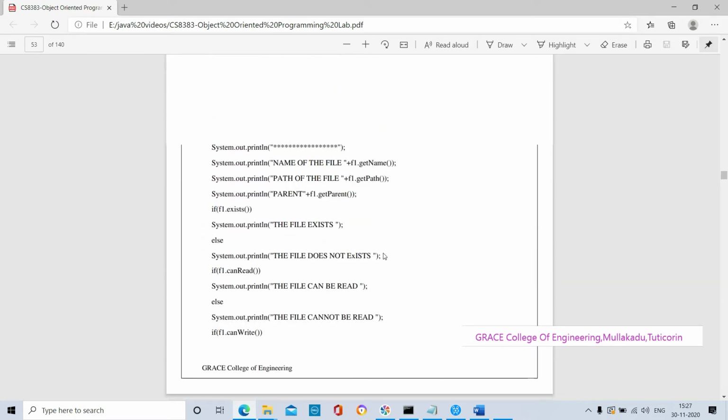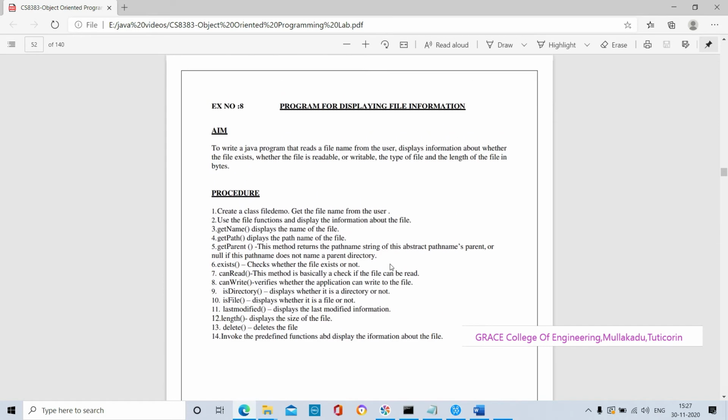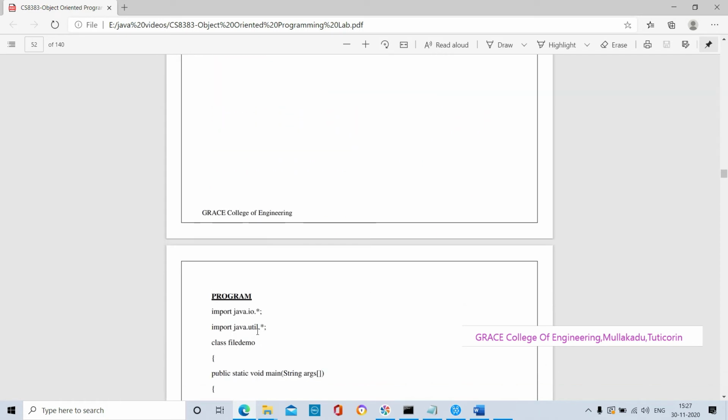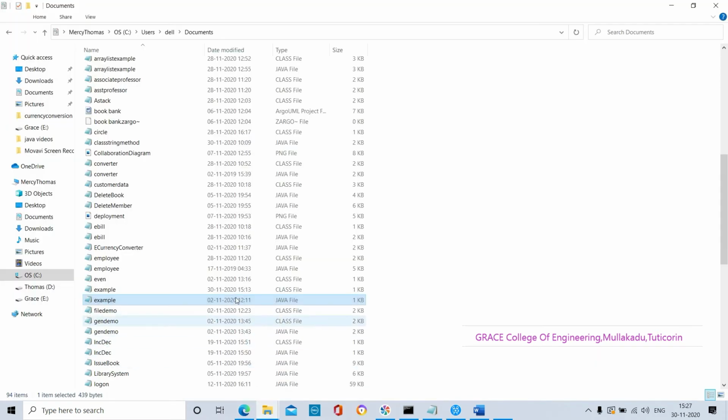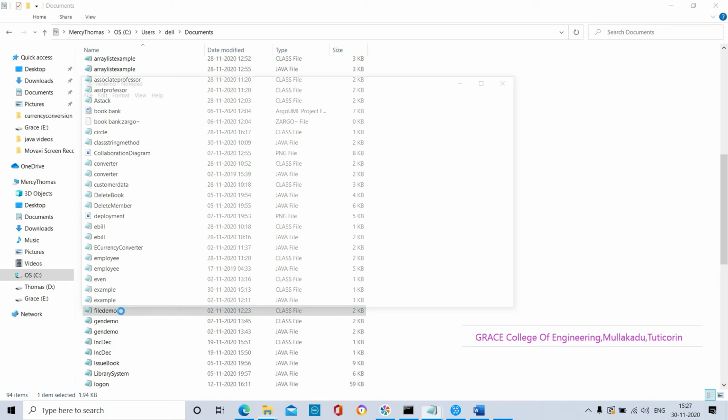A Java program should be written in Notepad or any text editor. I already wrote this application program in Notepad and saved it. This application program name is FileDemo. I am opening the application program that I wrote in Notepad. This is the Java class file.